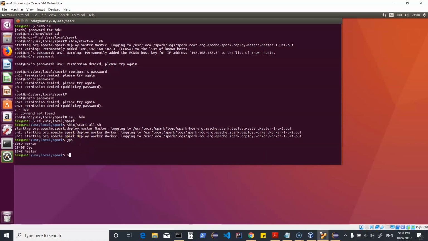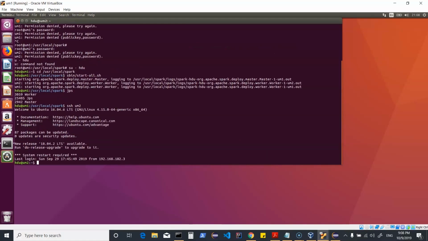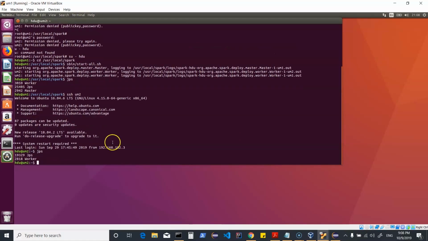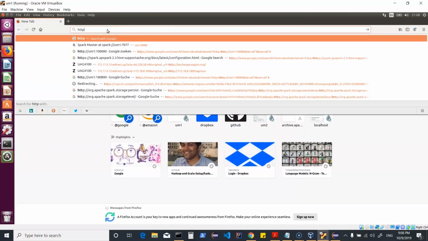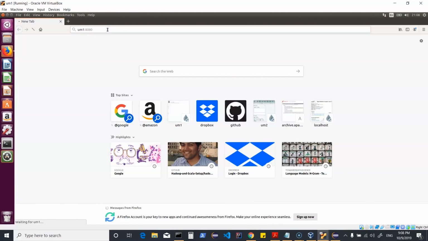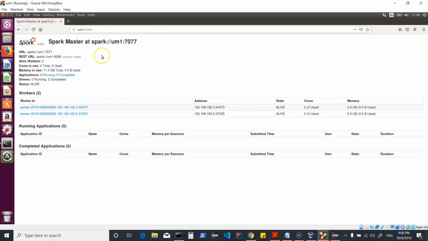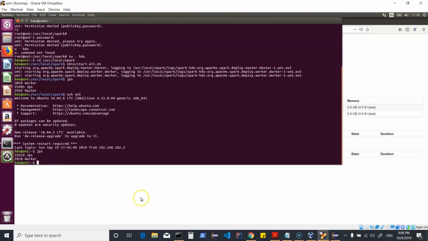If I look at the processes on these two machines, that would show me that I have a master and two worker processes. I can also open up the Spark UI if we would want to look into our applications. And here we can just say http://um1:8080. That shows me my Spark standalone cluster, which has two worker nodes. As of now, there are no applications started, and we can start Spark shell here.